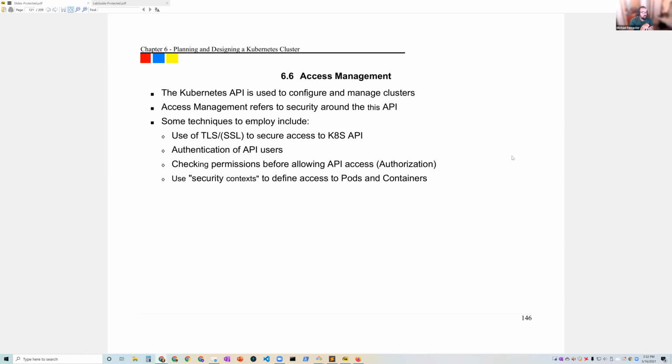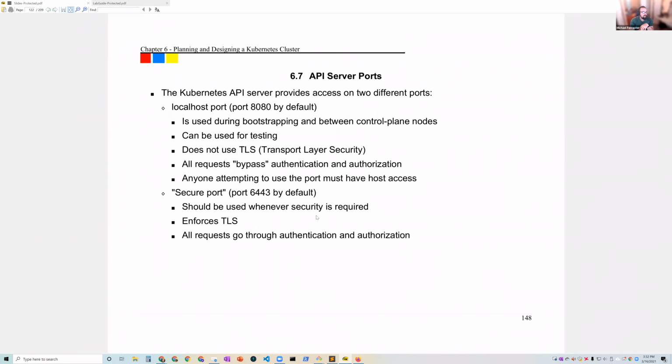Oh yeah, there's a lot here for the OPA. What a complicated topic too. Okay, so